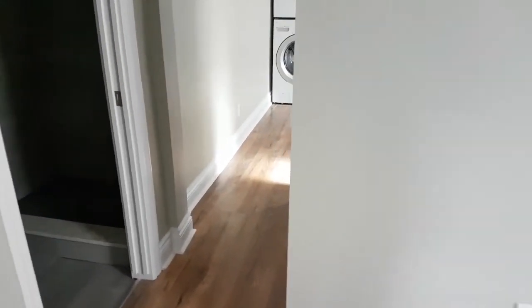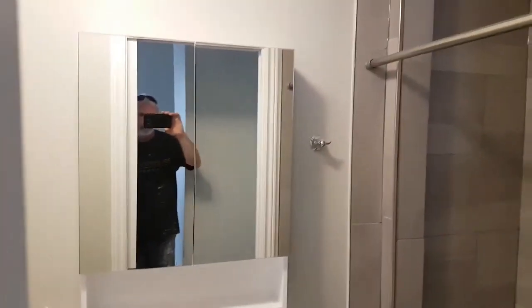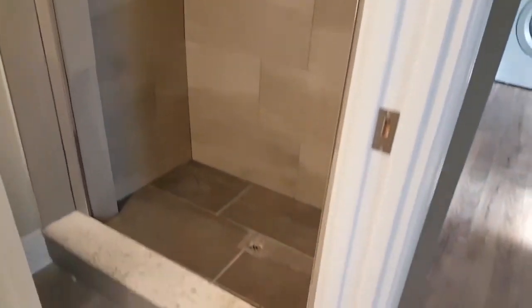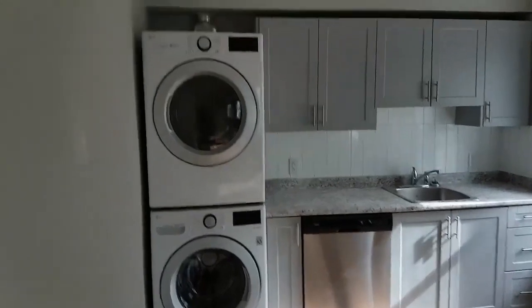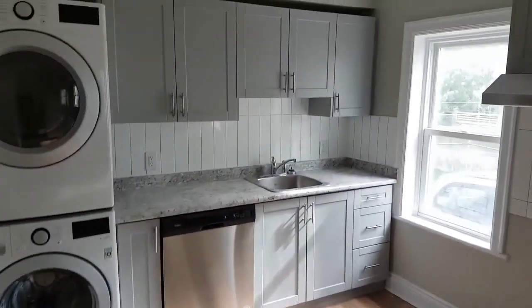You walk through, this is the living area. You walk in, then there's a 3-piece bath in this unit. So I had to install the vanity and the toilet and all the hardware. We had to fix the shower. Somebody else had done the ceramics, but he had not done this shower properly. So we had to put in a curb with a threshold and finish doing the ceramics around it to finish that off. And then into the kitchen, I installed all the kitchen cupboards. The backsplash has all been done. Installing